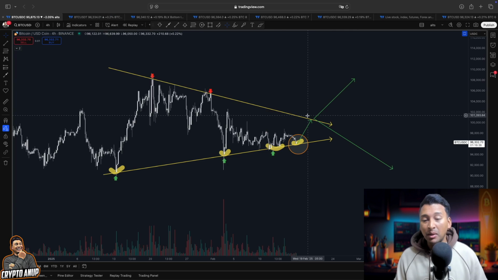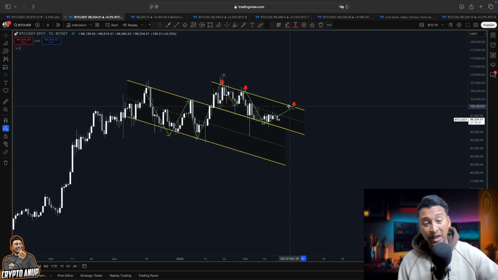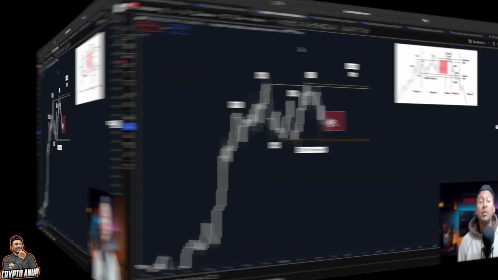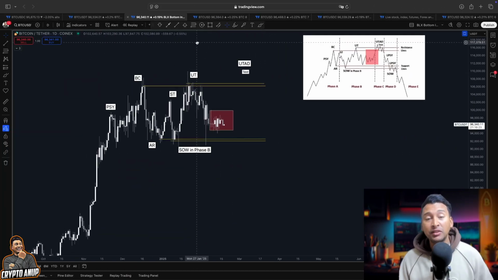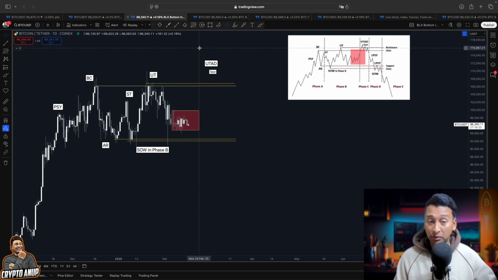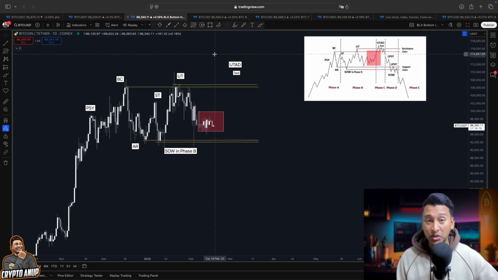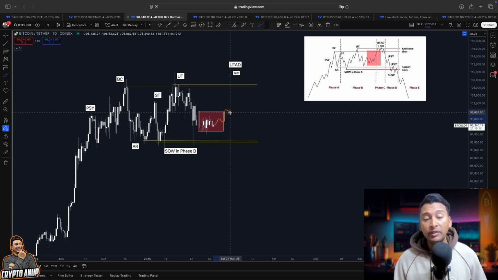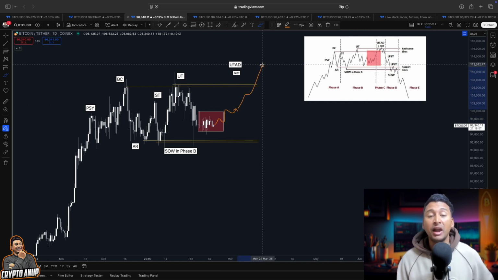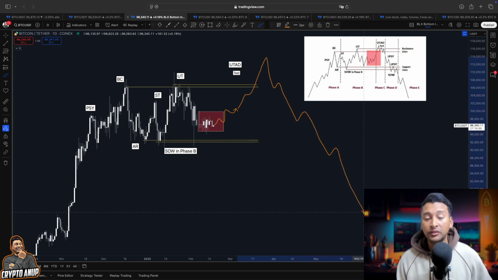I mean, Bitcoin could come back for a retest around 100,000 before choosing an actual trend duration, because as soon as this trend line gets broken, resistance around 100,000 gets broken, Bitcoin will line up perfectly with this Wyckoff's distribution phase. Despite Wyckoff distribution phase being a bearish continuation pattern, in the immediate short term we are expecting a move like this, just like I've shown you an example. Bitcoin heading towards this UTAD area, upper thrust after distribution, making a new all-time high, getting attracted in between 110 and 120,000, and only after that to start with a reversal.